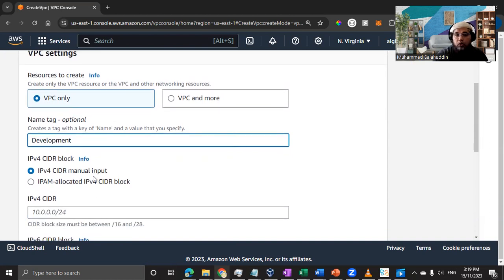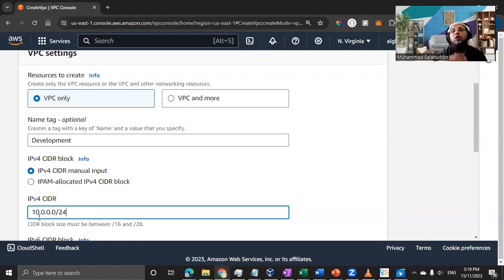Because I'm going to use it for my development, I'm going to use 10.0.0.0/24. Just quickly, an IP address has 4 parts, and each part contains 8 bits. So our general IPv4 address contains 32 bits, whereas an IPv6 address contains 128 bits. We mostly use IPv4 in our organizational local network. If you have a really big network that crosses the limit of IPv4, then you will obviously move